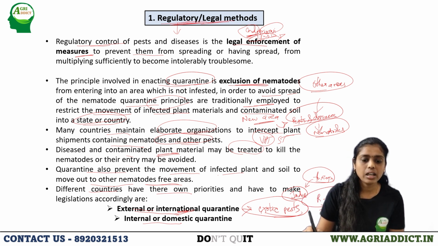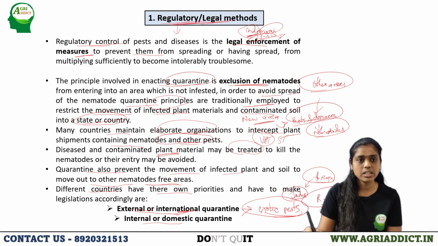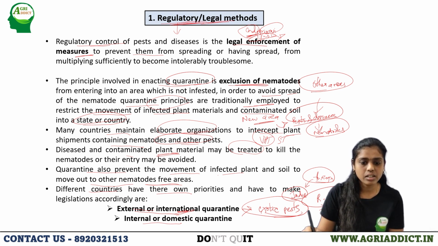For example, there is an absence of a nematode in India, Ditylenchus destructor, which mainly infests potato. This can be prevented from entering India from other foreign countries. And even these international quarantine methods go for a zero tolerance level,